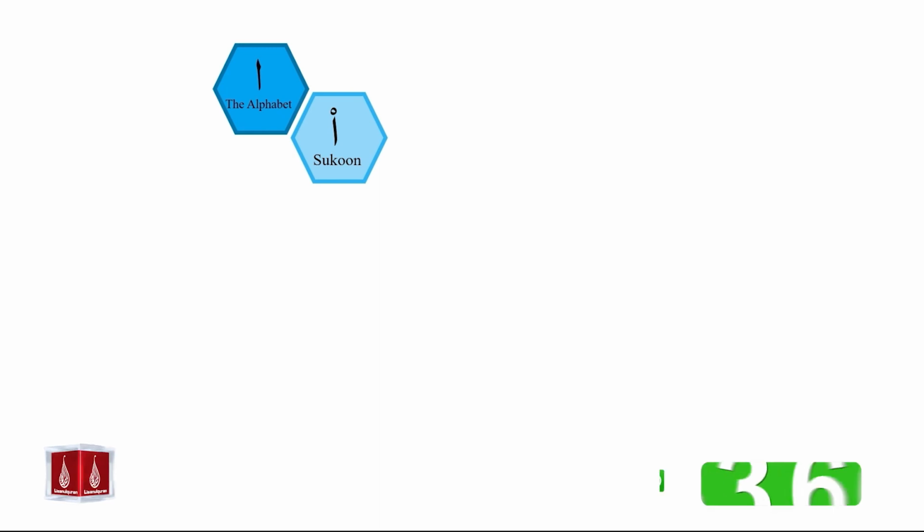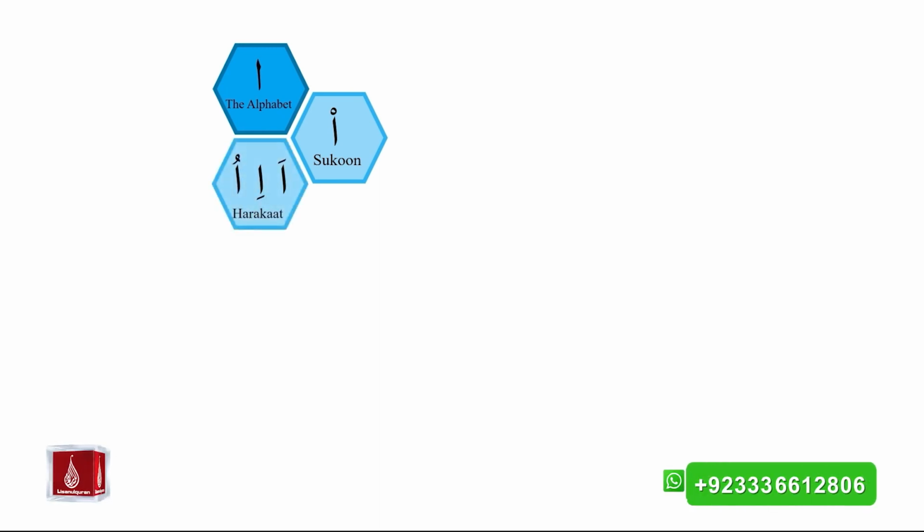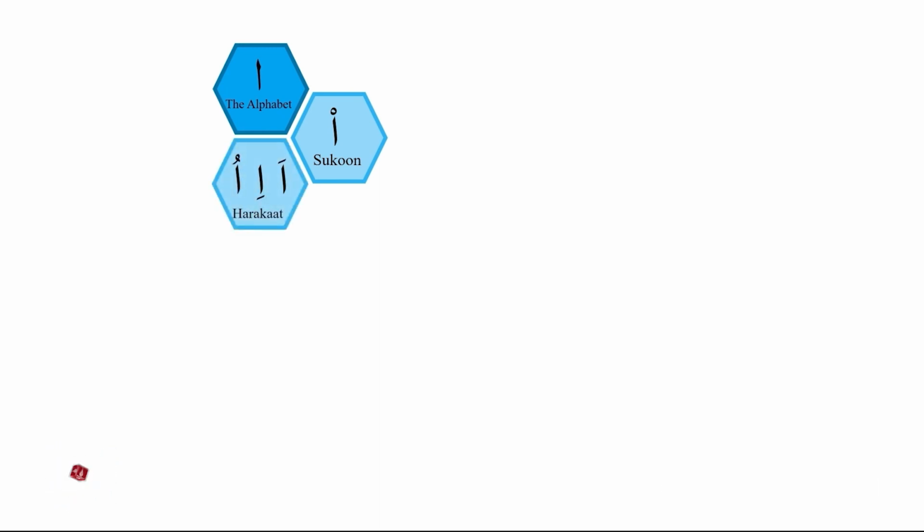We started with the study of the alphabet. We studied that an alphabet will be associated with certain symbols, which includes the symbol of sukoon and harakat. Harakat include symbols like pesh, zer, zabar, or dhamma, kasra, fatha. We studied the difference between alif and hamza. Hamza will have a harakat or sukoon on it. Alif will have no harakat or sukoon on it.